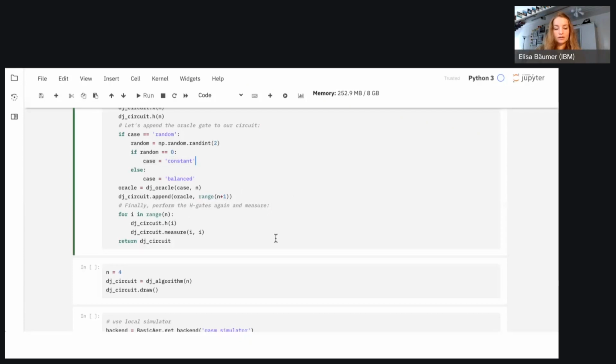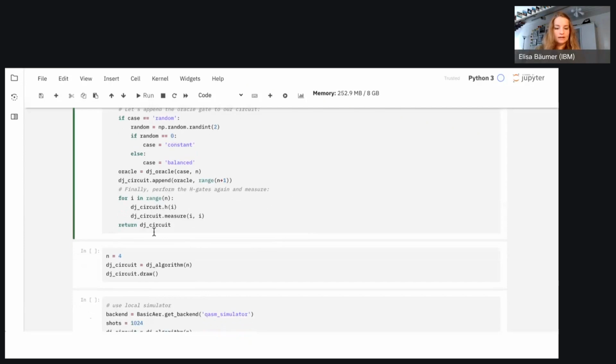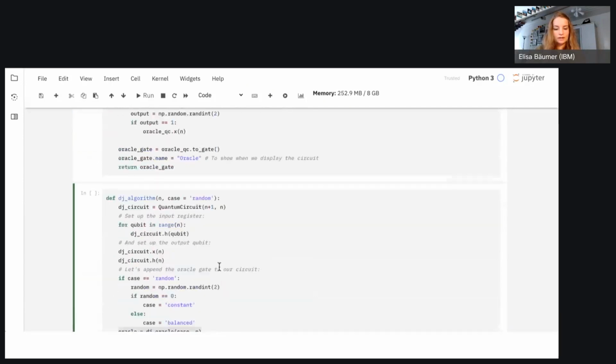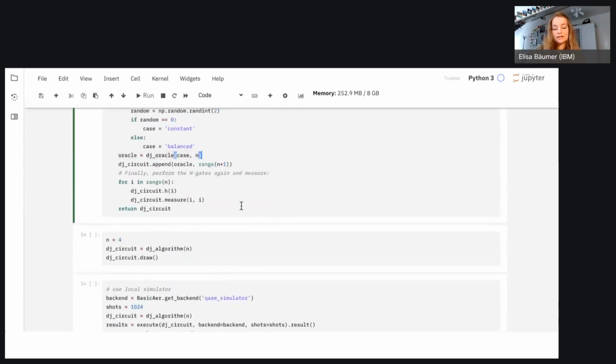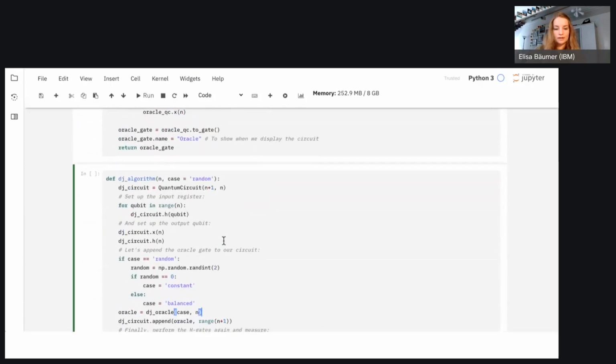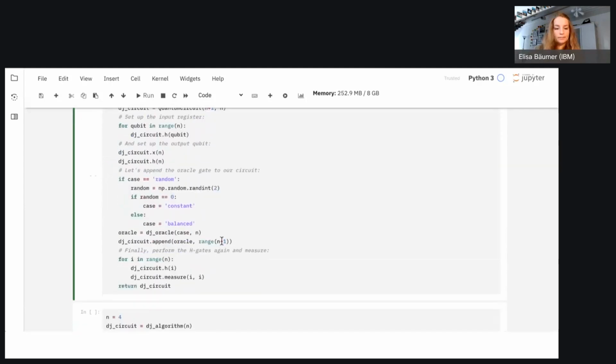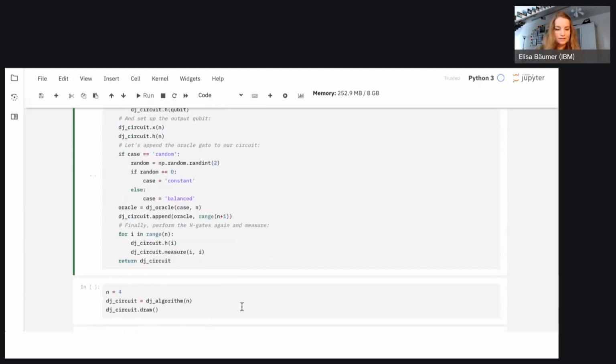If it's 1, my case is balanced. That's it. Then I can call the oracle, the Deutsch-Jozsa oracle, the name that we defined here. The case is whatever I gave it before: a specific case like balanced or constant, or if I didn't put anything, the random case, which is then constant or balanced.